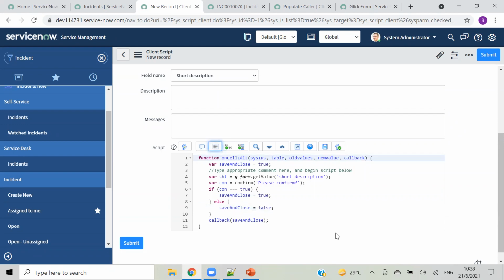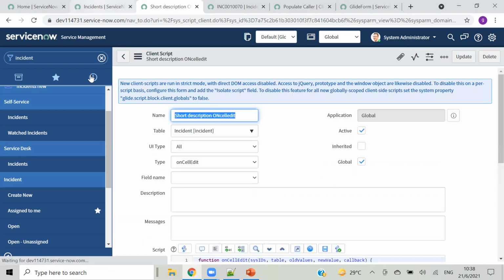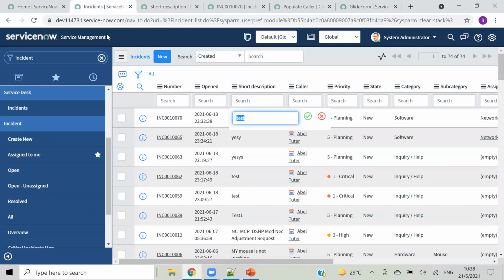Let's check this. If that doesn't work, then we will give some other thing. And if our call gets ended, I will send you a new link. This is our on cell edit.